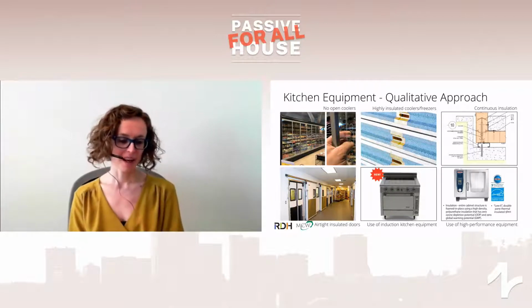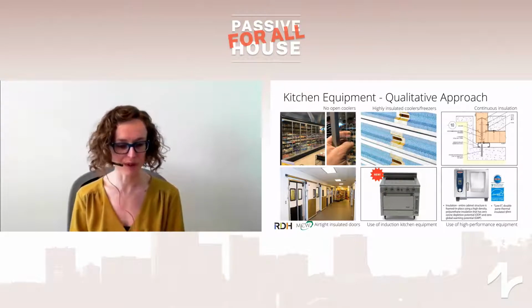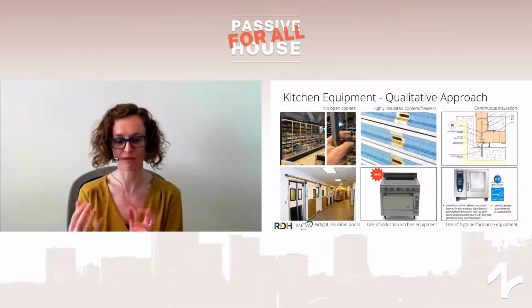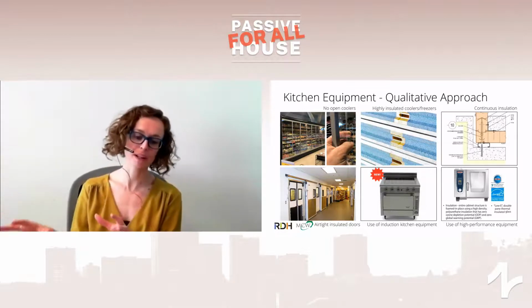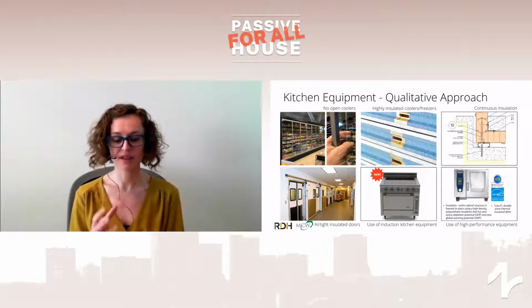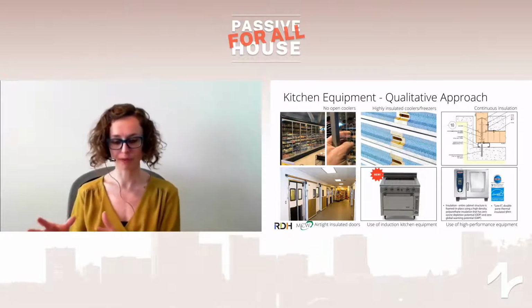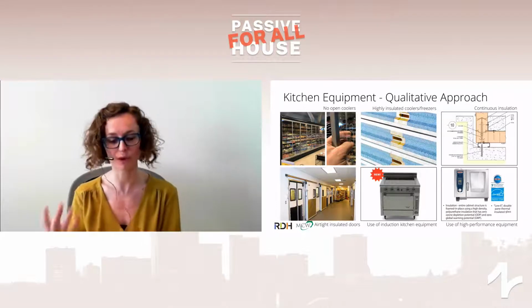We also need good airtight and insulated doors to be used very cleverly to make sure that the environment in the walk-in fridges and freezers is well maintained. And then the last 2 are really related to the equipment themselves. So we would use induction-based kitchen equipment as much as we can. And for other type of equipments, we would really use high performance ones. So we're talking about,